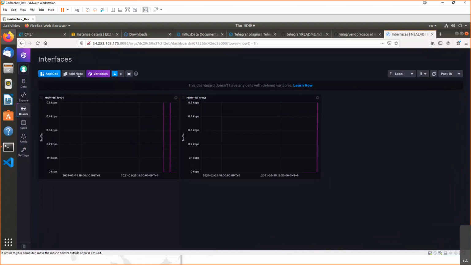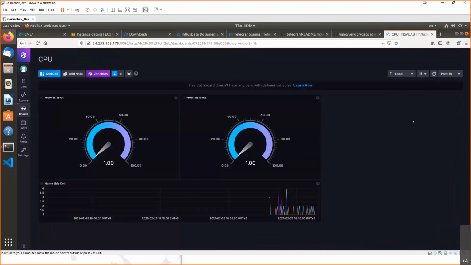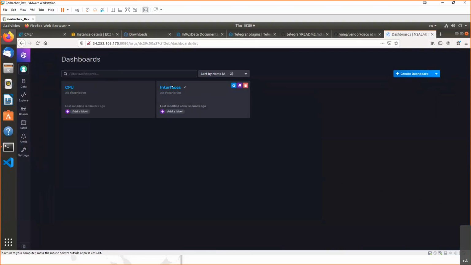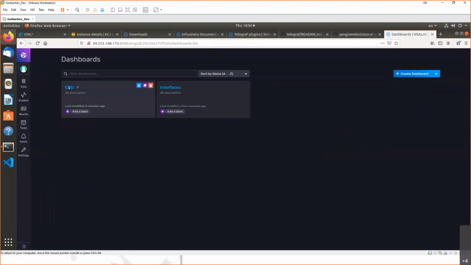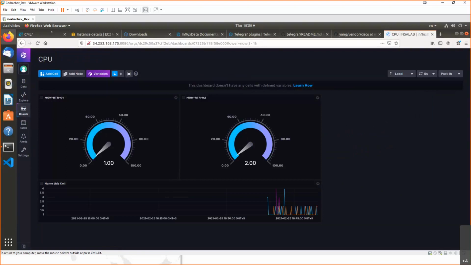Okay, so we have some graphics and we have some dashboards. So let's stress test the infrastructure. For example, if we want to see how these dashboards react to some events in our infrastructure. Okay, so these are the periodic updates every 5 seconds. We can see that there is not so much traffic here, and the